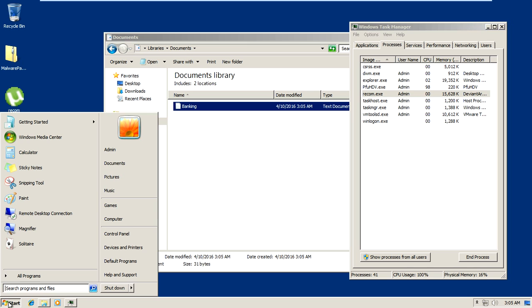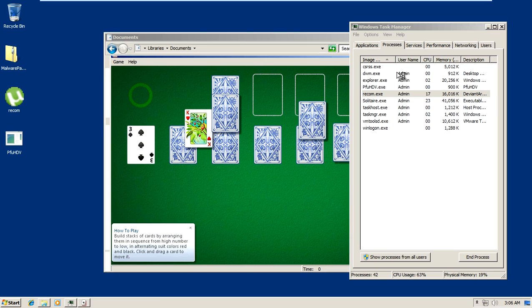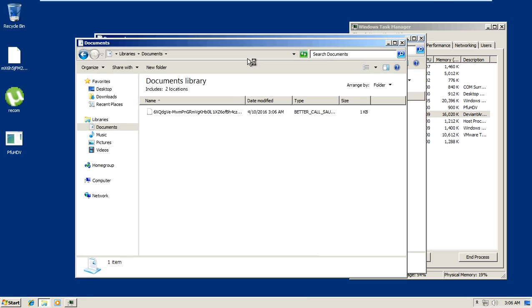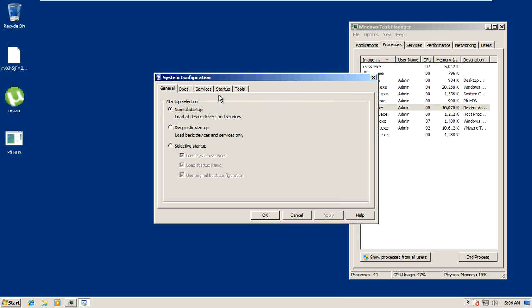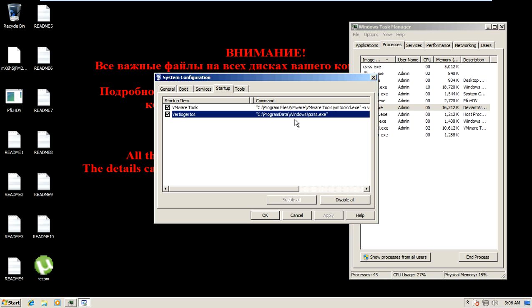And if you take a look at your msconfig, hit the Windows key and hit R, you'll hit the msconfig. You will see here that there's been a new entry in the system configuration to run when Windows starts with a funky startup name, and path is C program data is Windows crs.exe. Now crs.exe is an actual system file, but in this case it's in the wrong directory. It should be in system32,